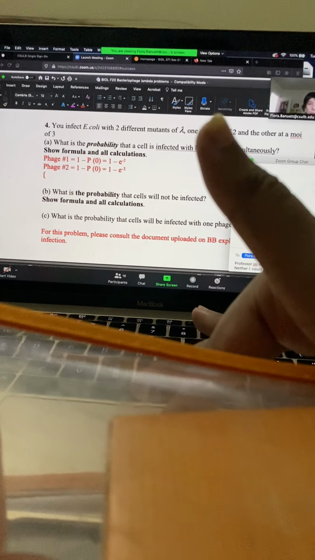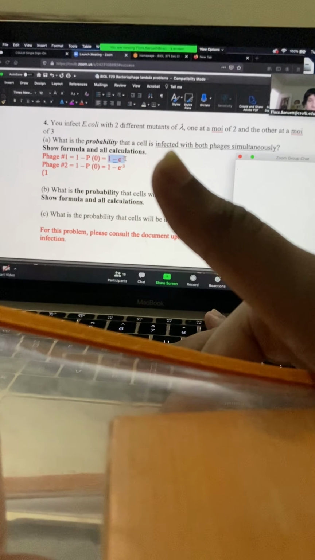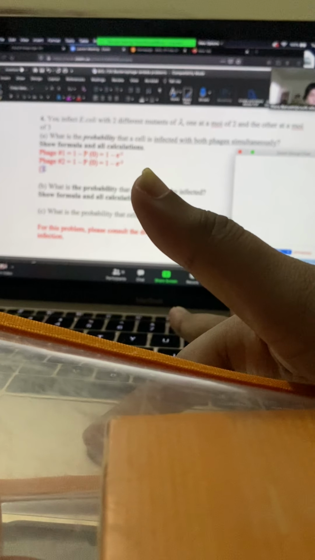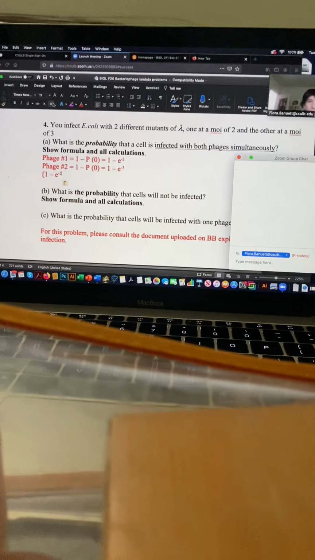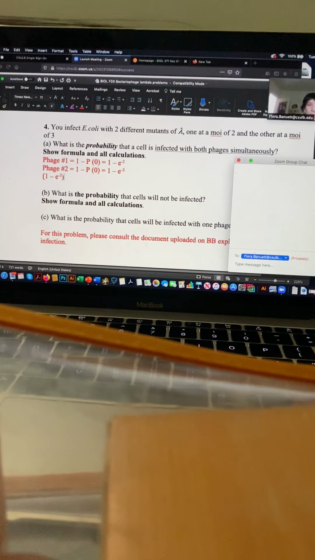So you're going to have 1 minus, let me just copy this to make it faster, times